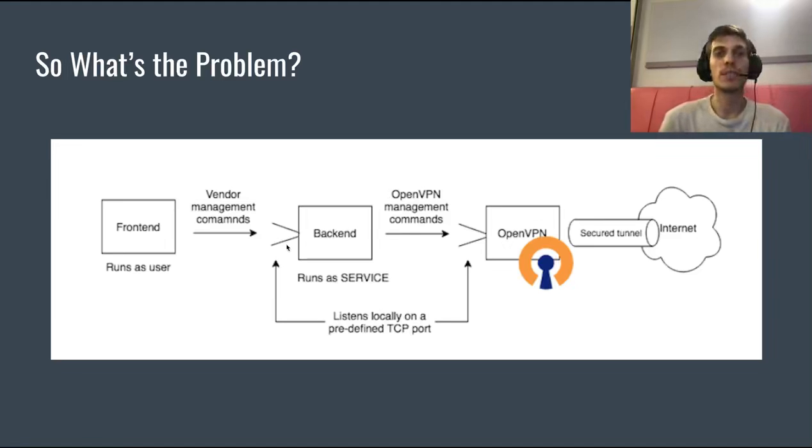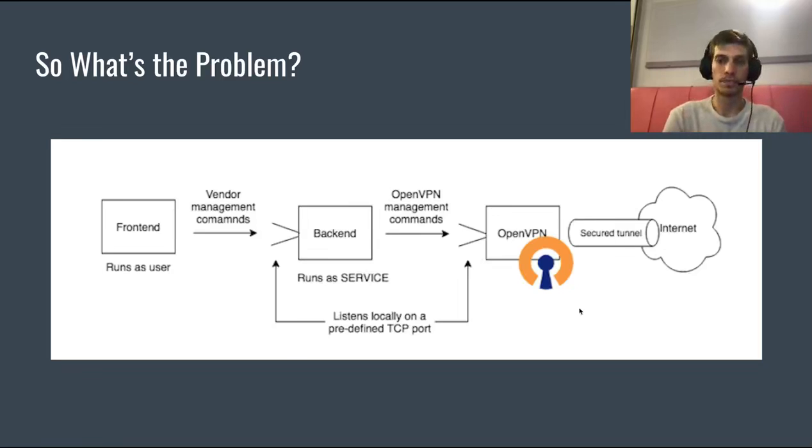Once it receives the vendor management command, it will send a start tunnel or open tunnel to the VPN, which listens using the management interface feature for a command, and it will send this command to the OpenVPN instance to start